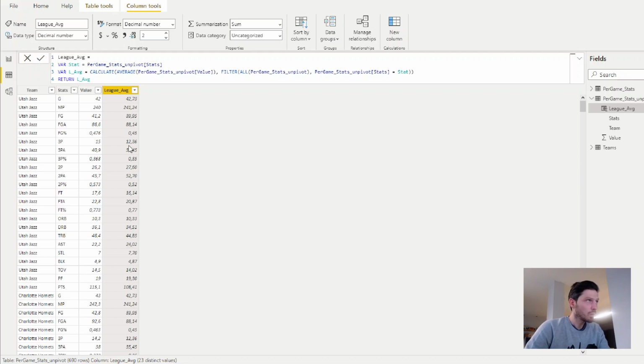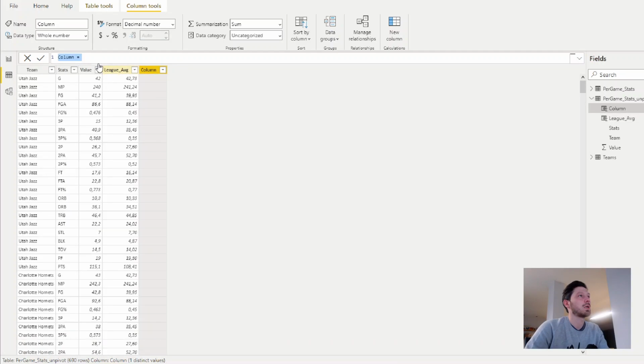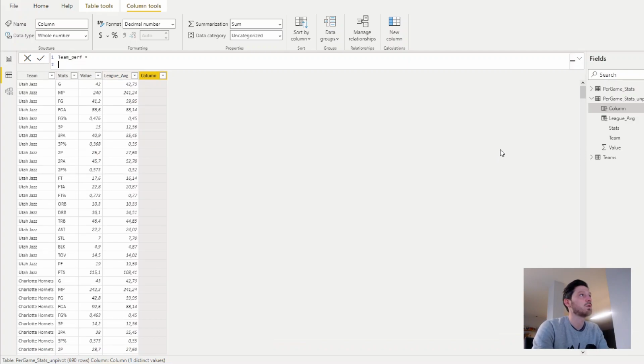Okay. So now we get the average for each for the whole league. So now what we want to do is see how the team compares to the average. So now we're going to again create a new column, and I'm going to name this Team Performance equals, and then what we want to do